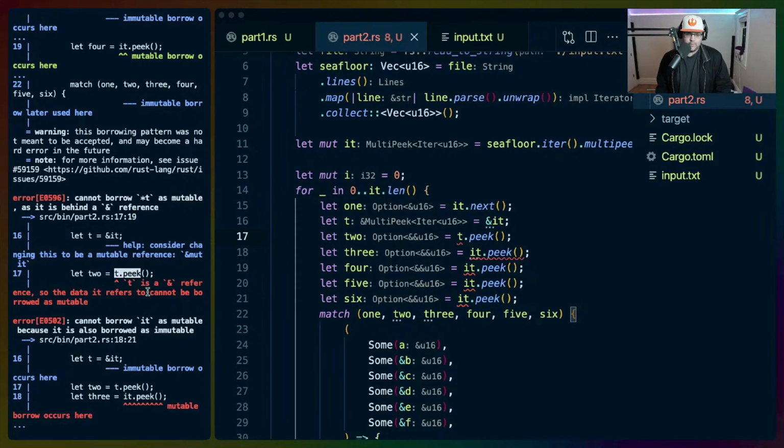Cannot be borrowed as mutable. Why do I need this to be mutable? I don't need this to be mutable.